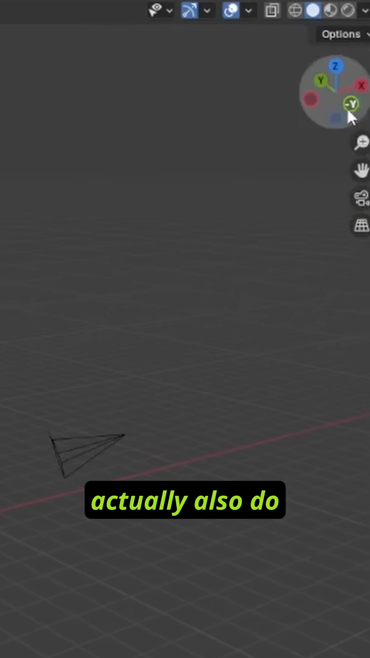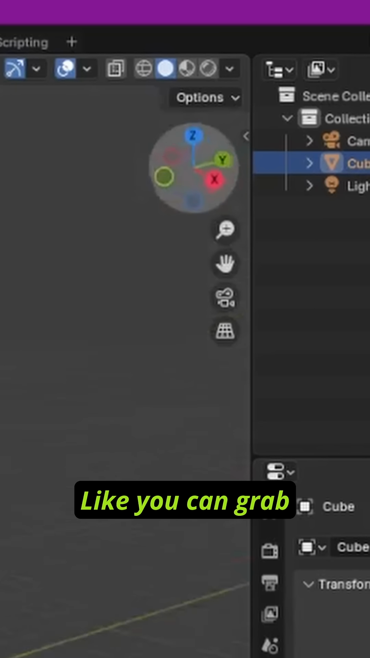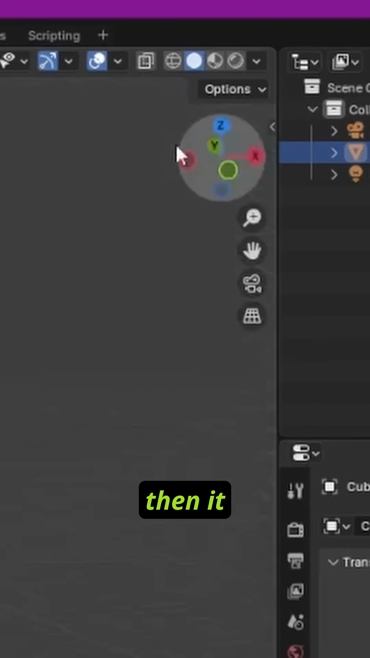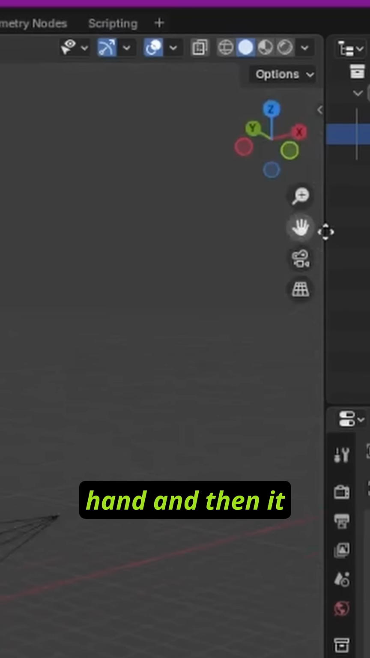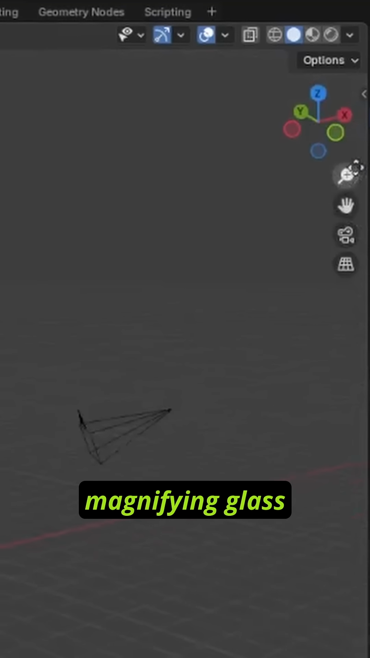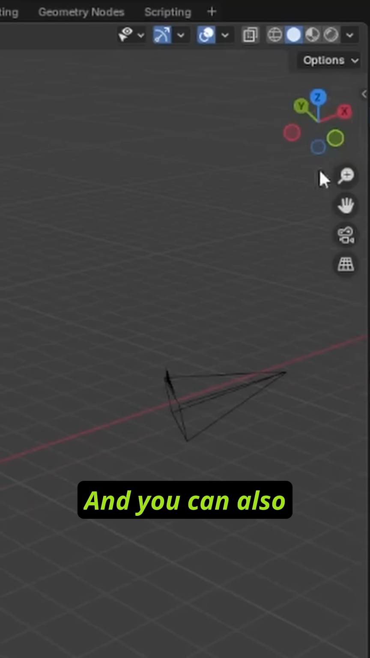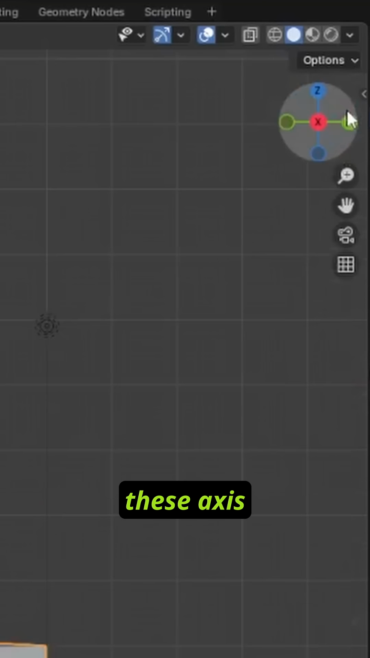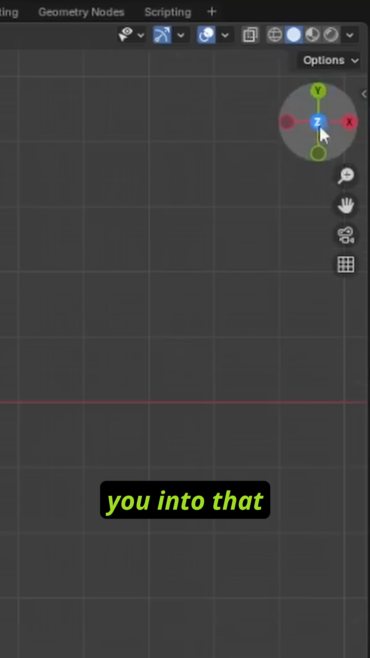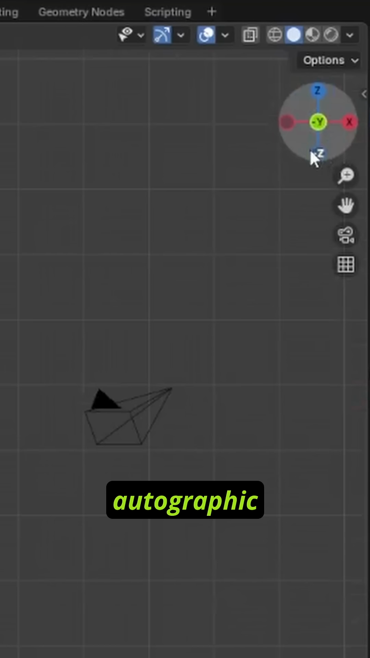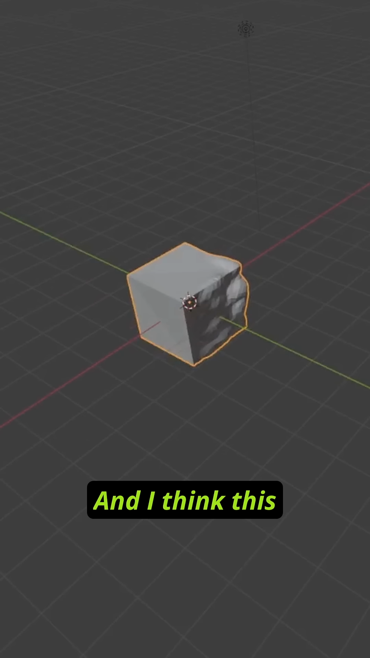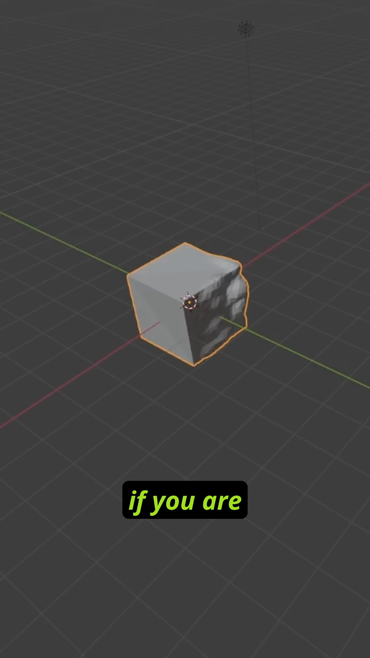And you can actually also do all of this on the top here, right? You can grab this gizmo and then it rotates you. You can grab this hand and then it moves you. You can grab the magnifying glass and it moves in and out. And you can also click on these axes and it will snap you into that orthographic flat look. And I think this is pretty useful if you are sculpting and if you're working on one object, but